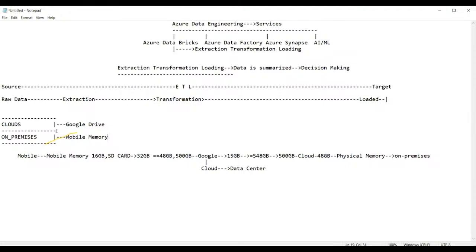So now, guys, as individuals we still want to save the data and move it from the physical memory to Google Drive memory. In the same way, many corporates are planning or moving from physical data to cloud data. For that, many cloud providers have come out to provide the support. The following are the cloud providers we have.